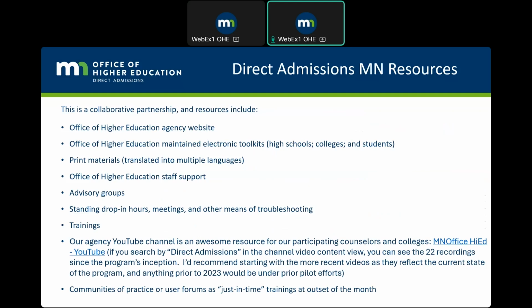Our electronically maintained toolkits that we use to support the program, those print materials, and then a number of wonderful folks at the agency who help with supporting the program, including Sally and myself, but also our colleagues, Sarah Burkhart in the marketing department, and Dr. Wendy Robinson, our assistant commissioner, who leads the program and oversees its expansion across the state, along with all of us.